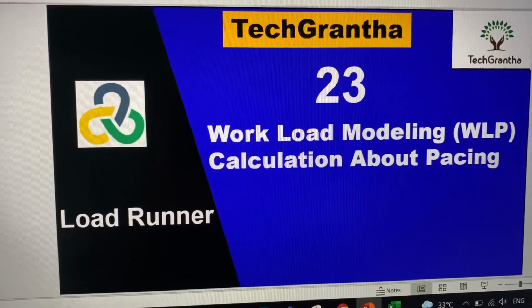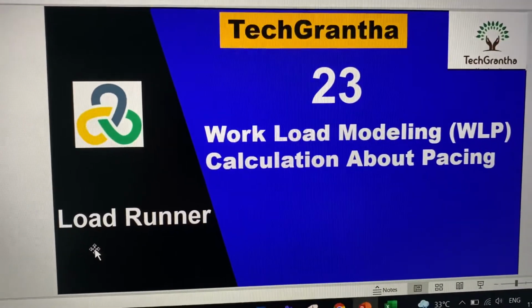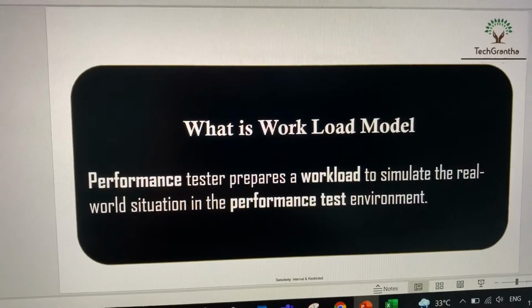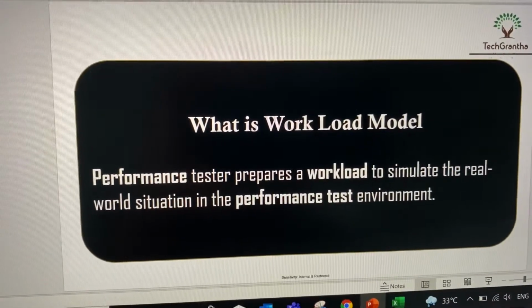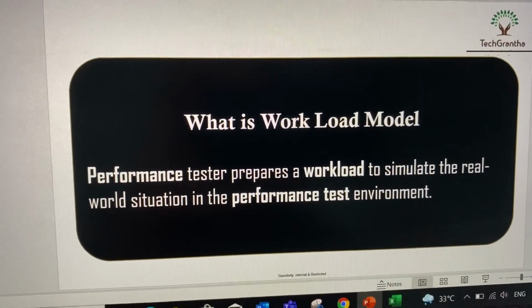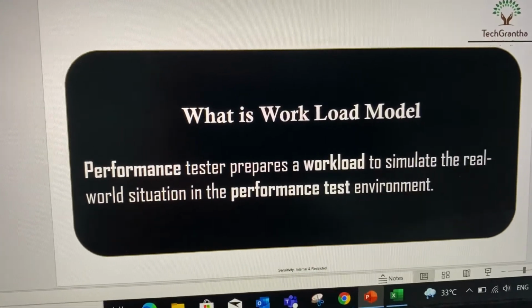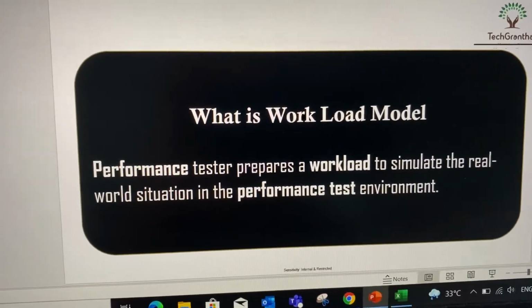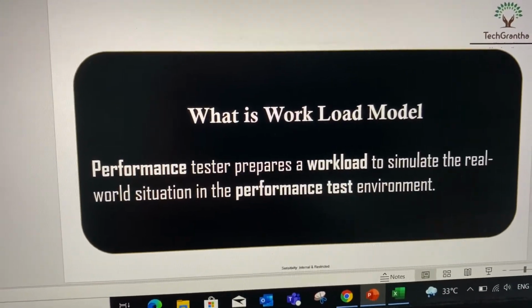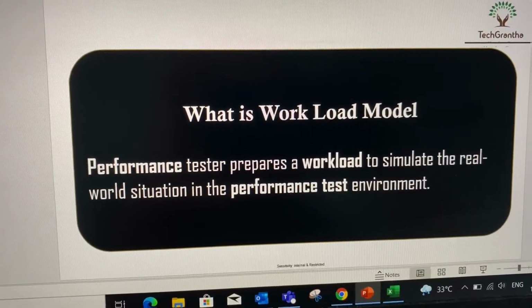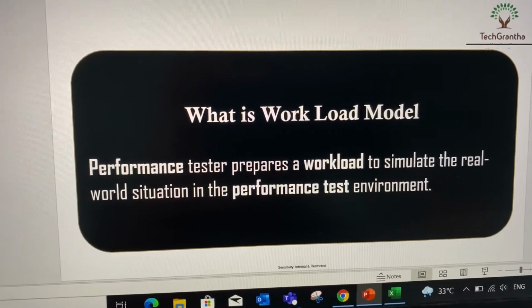Okay, let's start. The first thing is: what is a workload model? The workload model is where we perform the test execution and identify our response time against whatever SLAs are provided by the client.